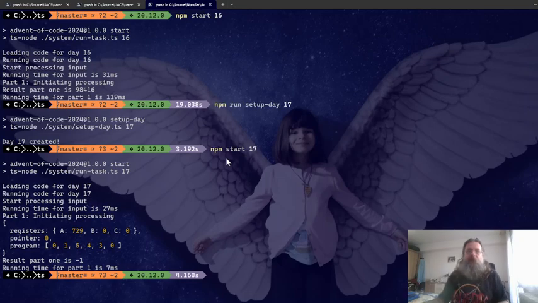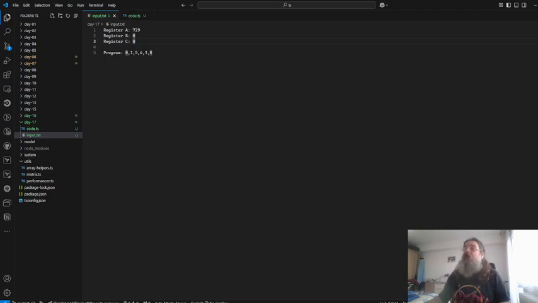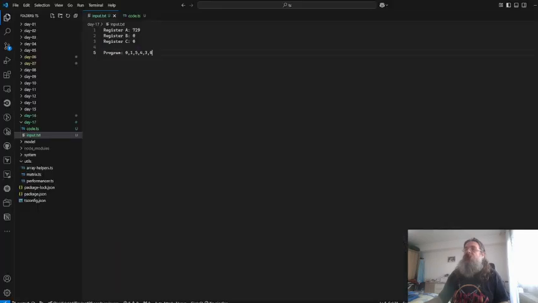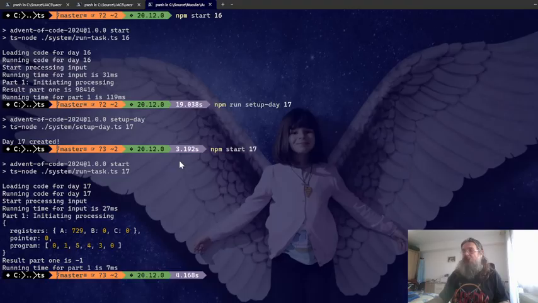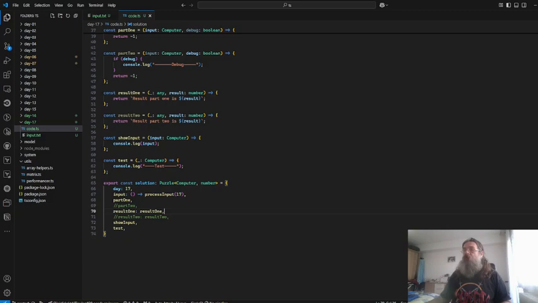$729.00, and the values that we inputted are 729 and 0 and 0. And then we have 015430, 015430. Great! We have our computer. Now we just need to run it. How do we do that? So,